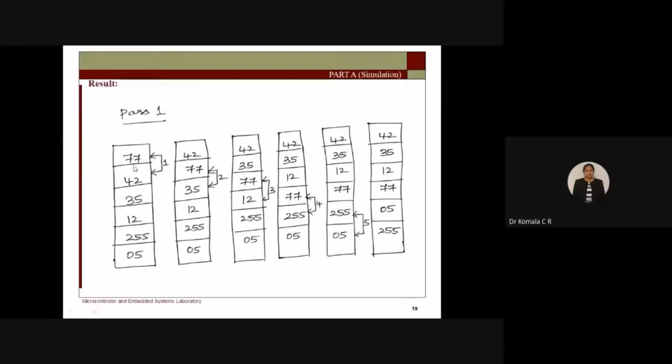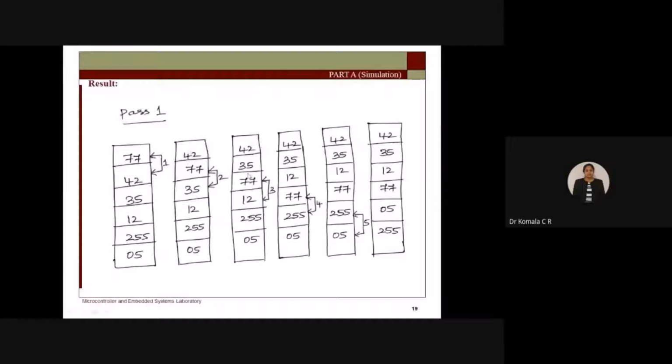Since here we have the bigger number in the first cell and the smaller in the second, when you compare, you come to know that 42 is lesser than 77, so I want to swap it. In the next step I have 42 in the first location and 77 in the next location. The rest I write as it is.